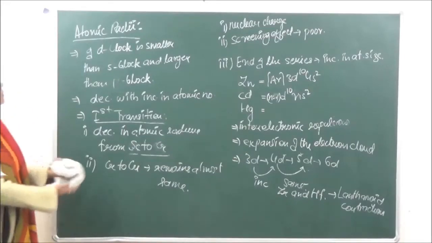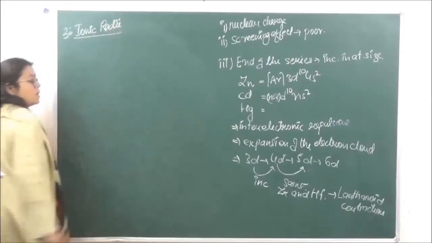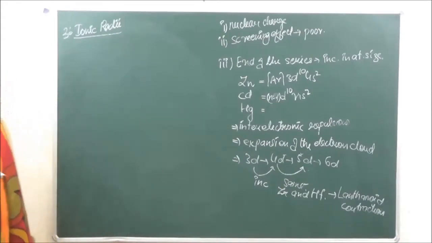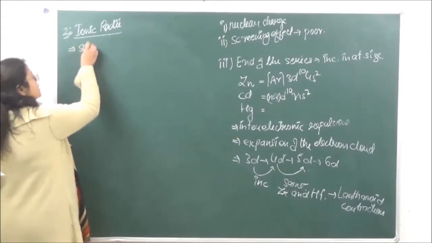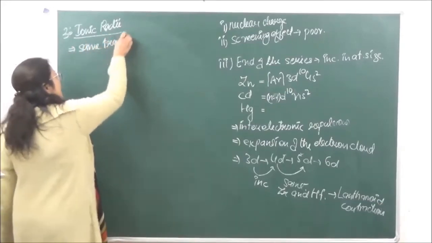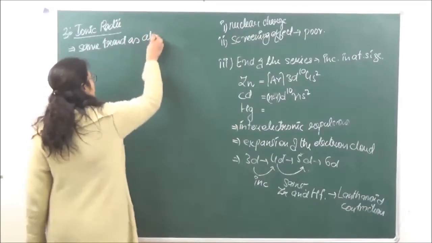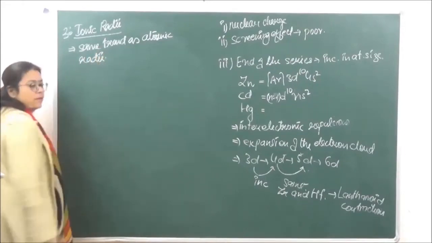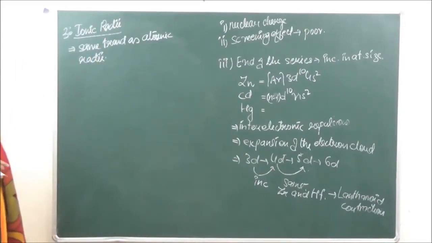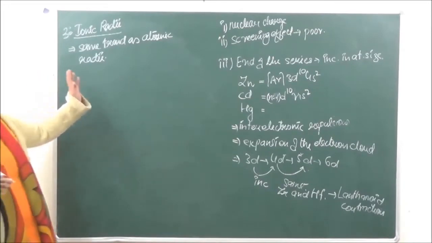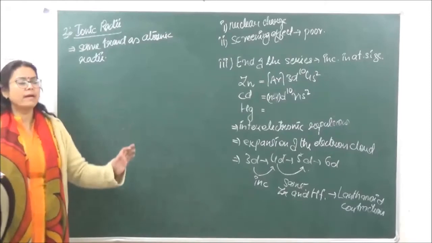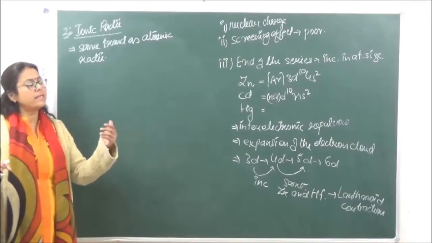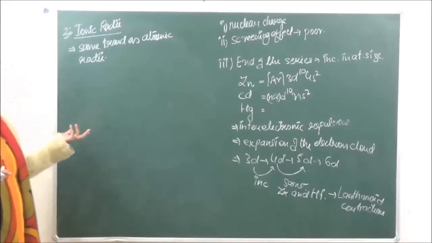We go to the third property, which is ionic radii. Now ionic radii follow almost the same trend as atomic radii. ठीक है? So for the same oxidation state, when we are talking, so अगर same atomic radii होगा तो मतलब कि center तक जो है वो atomic radius is going to decrease, then it is going to remain the same, and then at the end of the series the atomic radius is going to increase. So same is the case with ionic radius over here.